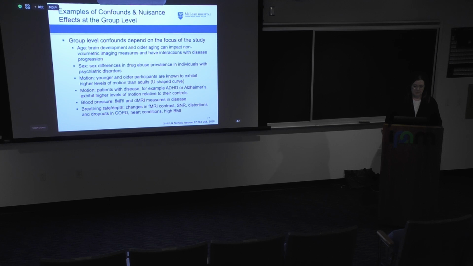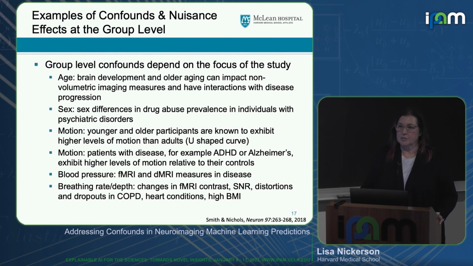Younger and older participants are known to exhibit higher levels of motion than adults. In addition, patients with disease, like Alzheimer's or children with ADHD, exhibit higher levels of motion than their relative controls. And then factors like blood pressure, breathing rate, breathing depth can all cause changes in fMRI contrast and SNR, and those will be confounds if you're trying to study diseases like COPD or heart conditions or patients that have